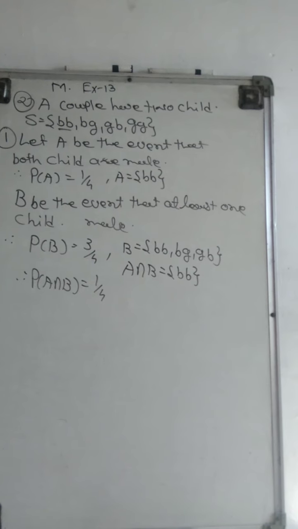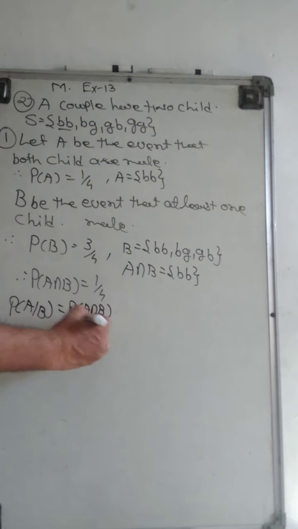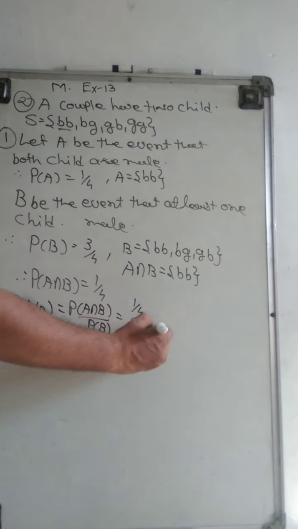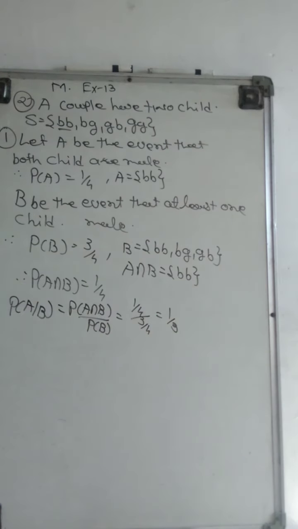Now we want to find that it is known that the elder child, it is known that at least one of the children is male. At least it is known means B by A. We want to find, it is known that, A by B. P(A|B) is P(A intersection B) upon P(B). So it is 1/4 upon 3/4. So our answer is 1/3. Right? Now the next one is second.